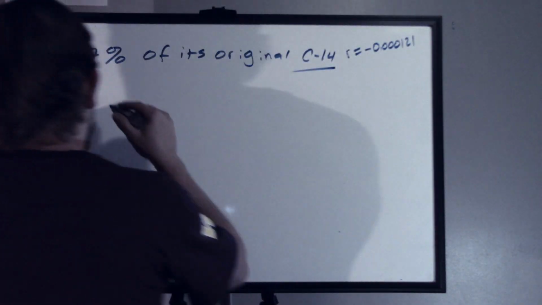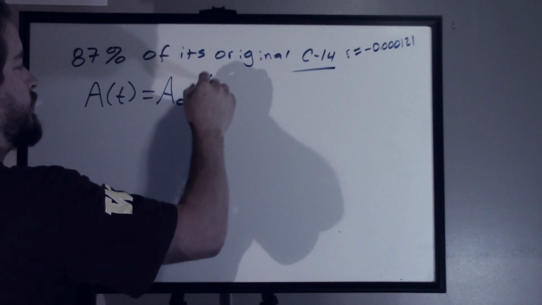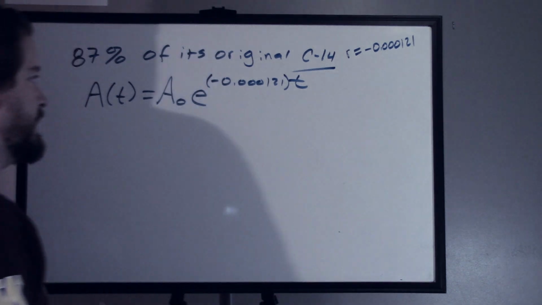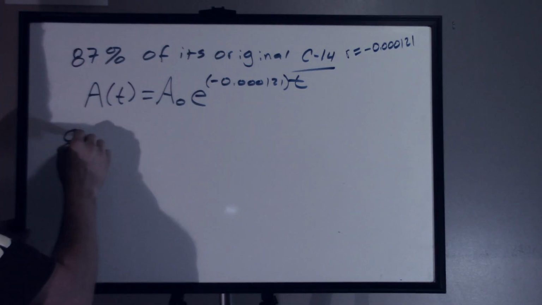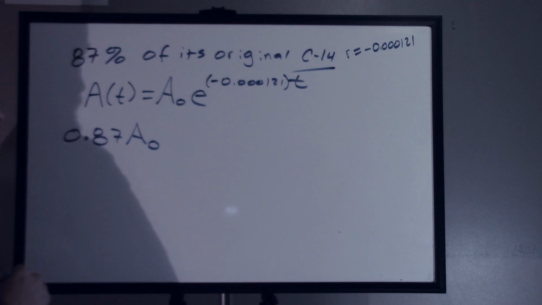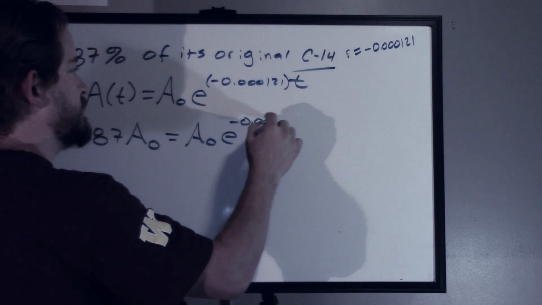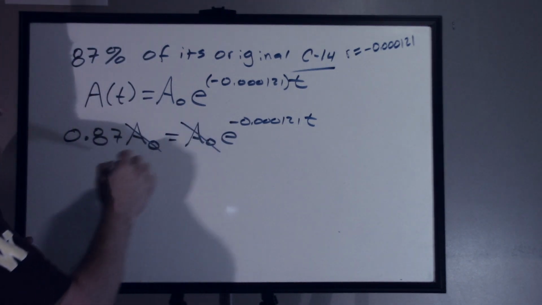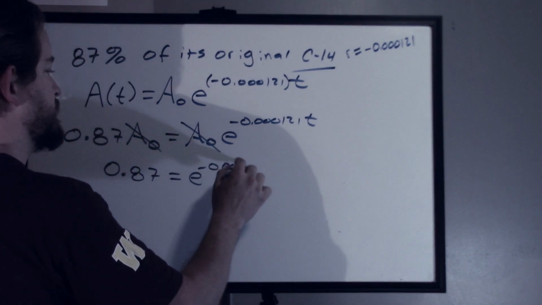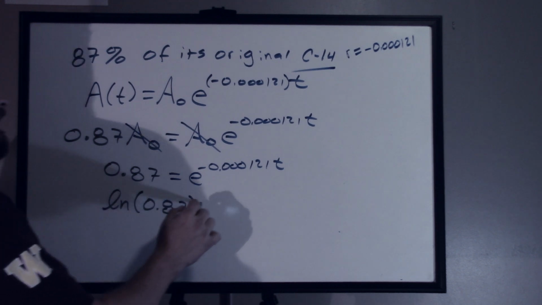What we want to do here is, the amount of the carbon as a function of T is equal to A naught e to the R, which is the R for carbon-14, negative 0.000121 times T. And we're trying to figure out what that T is. I know I have 87% of my initial carbon. And so this is the A of T. And that's equal to A naught e to that number, negative 0.000121 T. The A naughts cancel out, and I end up with just 0.87 equals e to the negative 0.000121 T. Rewrite this as a log, I get a natural log of 0.87 is equal to negative 0.000121 T,